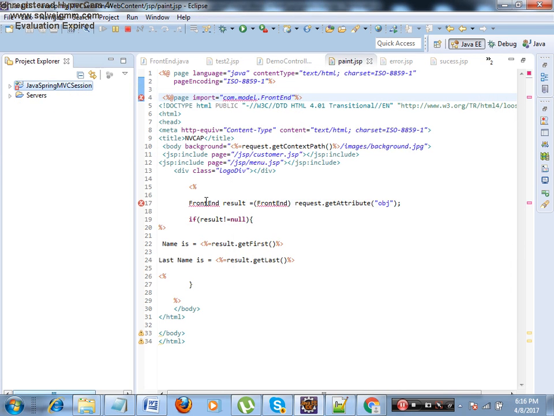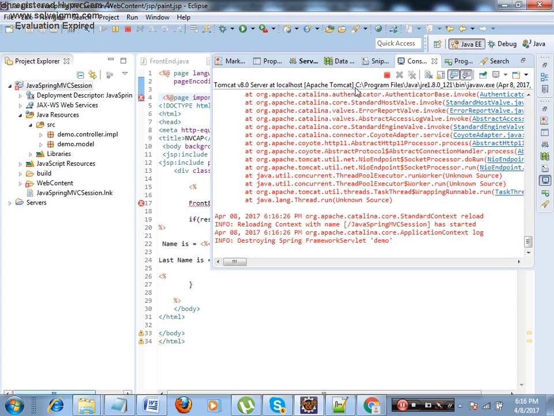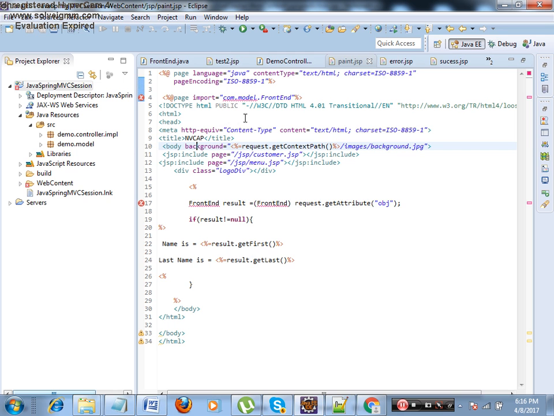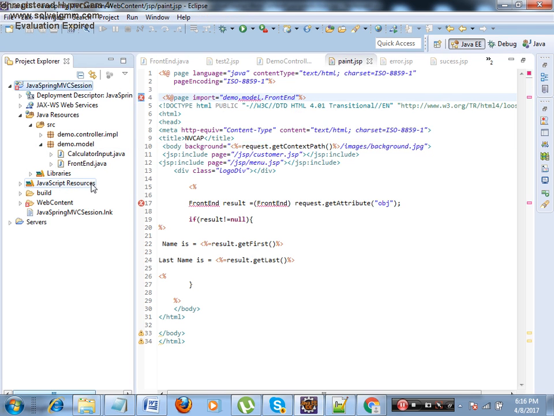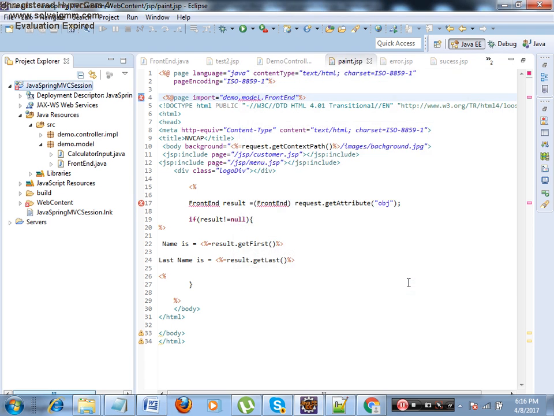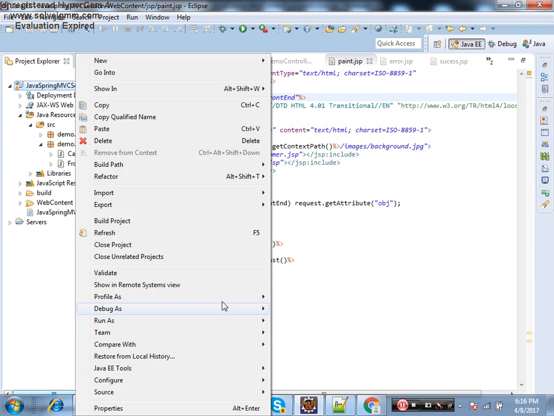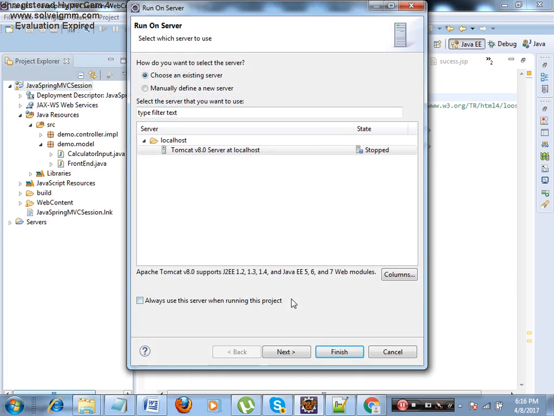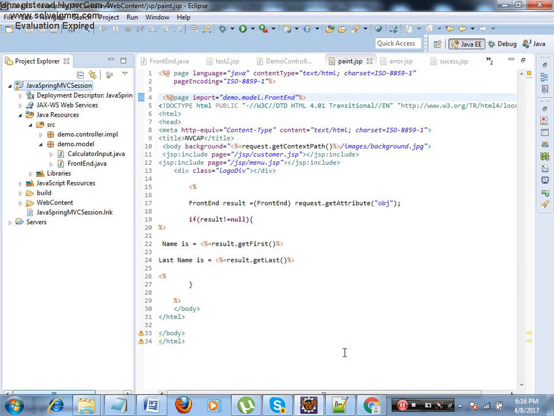Now what happened to you? At page import equal to form model document. What is the name of the package in which that is residing? Oh, demo model. That's why I will change this to demo model, because our classes are in demo model. Now right click, run as, run on server, next finish.